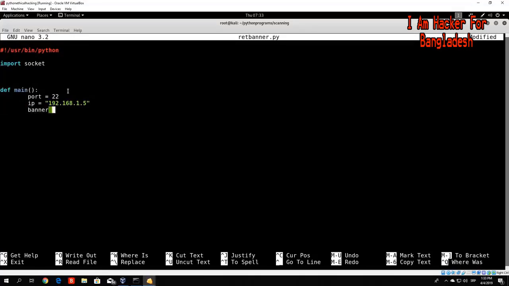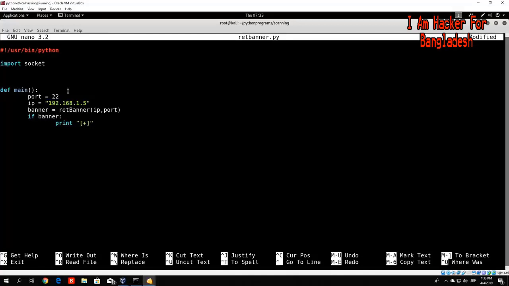So let's see how we can do that. What will banner be? It will be something that we return from the function, return banner, which we didn't code yet, and we will code it right now. That function will take an input of the IP address and the port, which is port 22. And then, if banner exists, so if we received anything, we can just print